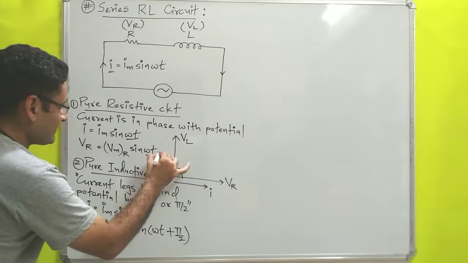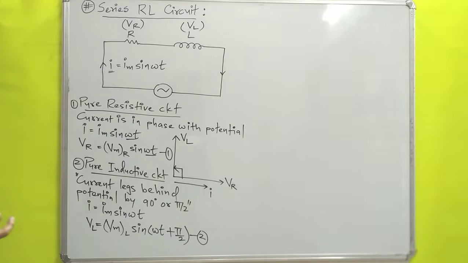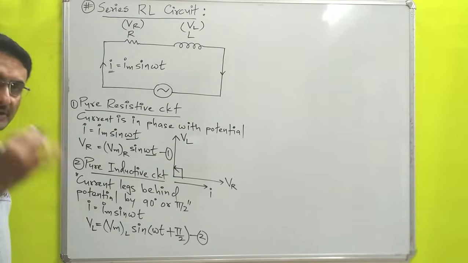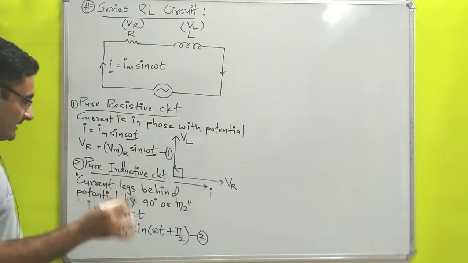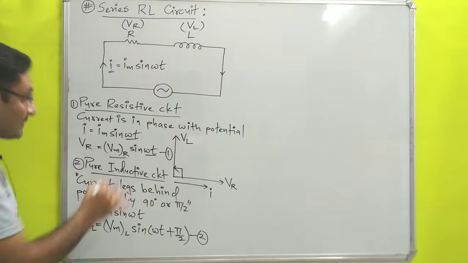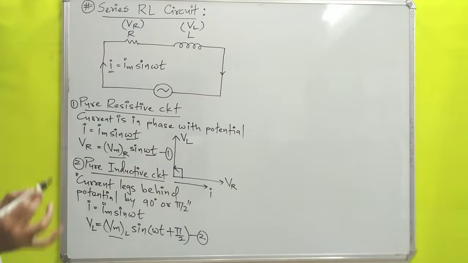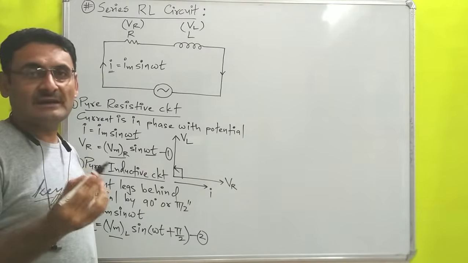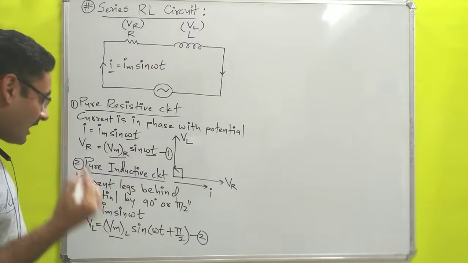So supposing we will say that is your equation number 1 and that is your equation number 2. From both of these equations, we have to find the resultant value of maximum potential when both are combined. Individually, when pure resistor is there, then maximum potential is Vm of R. When pure inductor is used, then maximum potential is Vm of L. But when both are combined, whatever resultant value is there, that resultant value of maximum potential we have to calculate. So how we can calculate?